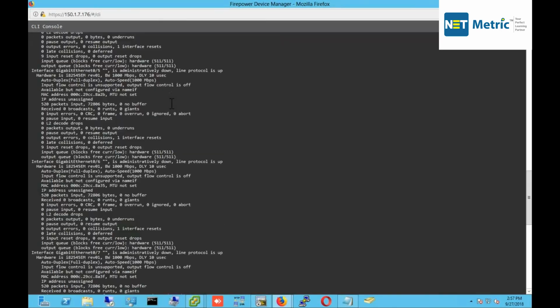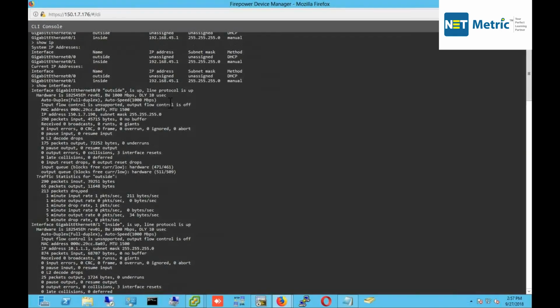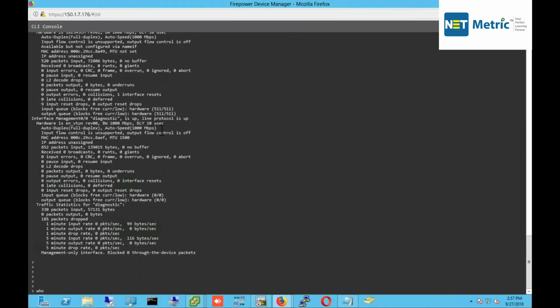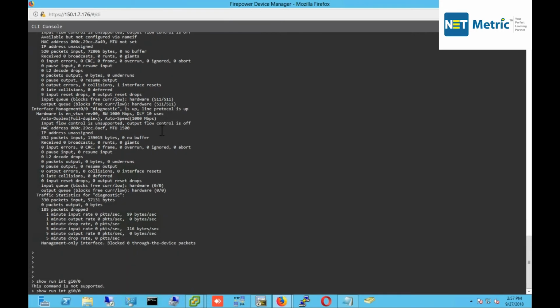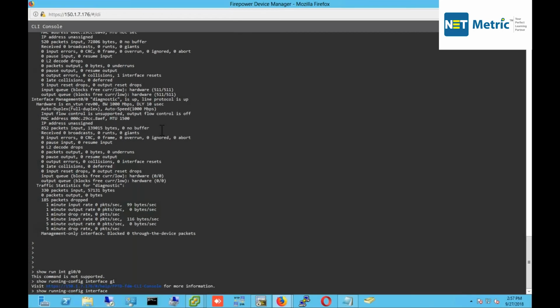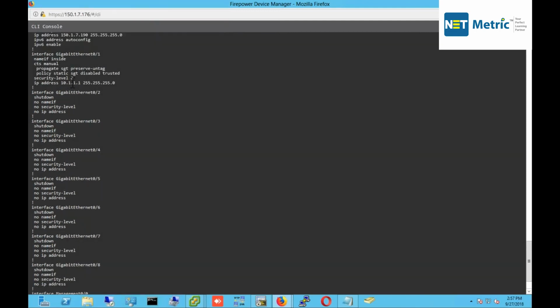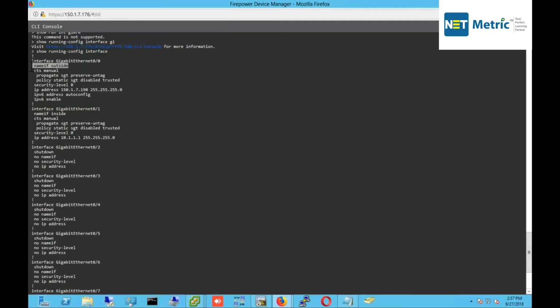The interfaces that I'm using over here are gig 0/0 as well as gig 0/1. So you can see it over here. This gig 0/0 is my outside interface. If I just try to show run interface gig 0/0, this command does not support show run interface. Okay, I'll do show running-config interface. My 0/0 nameif is outside, security level is 0, and we have configured an